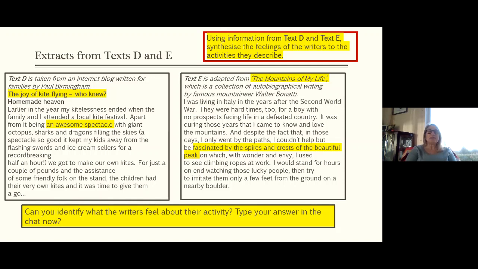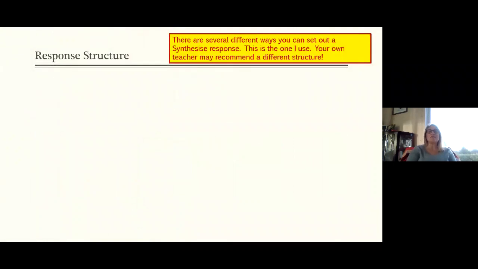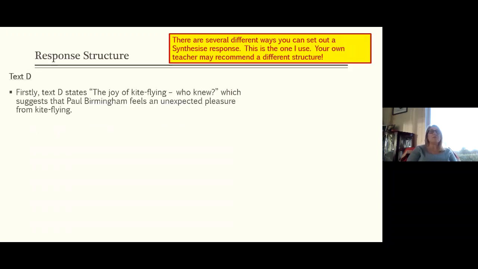Okay, so this is how I would set out a response for a synthesized question. As I've said, there are different ways you can do it. This is the one that I use with my students, and it has been successful. So first of all, I would take the first text, put a subheading, text D, and then I would start my really explain structure of the text. So firstly, text D states, the joy of kite flying, who knew, which suggests that Paul Birmingham feels an unexpected pleasure from kite flying. So the fact that it says who knew, he's surprised by the fact that he feels